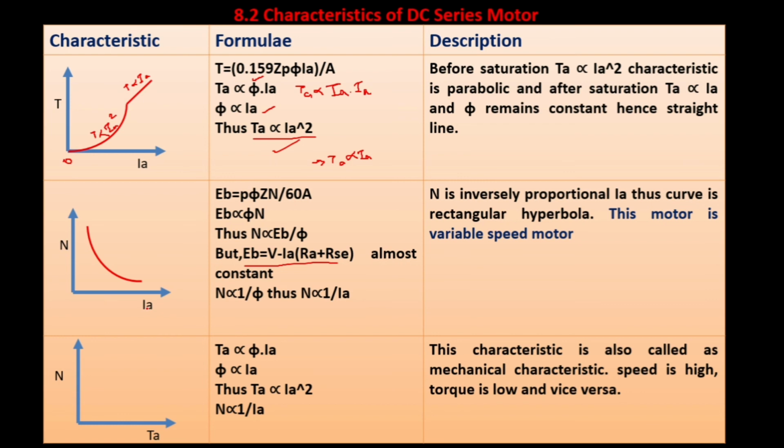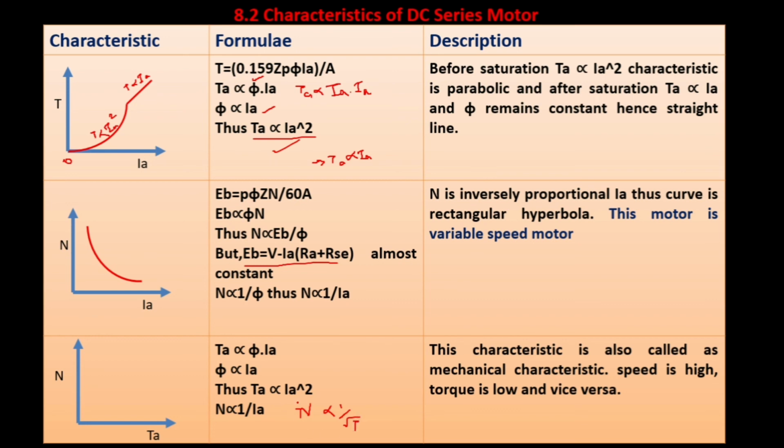And lastly, the mechanical characteristics of DC motor. Here you have torque directly proportional to phi into Ia, but phi is again directly proportional to Ia, so torque is directly proportional to Ia square. Okay, here you say the speed is directly proportional to 1 upon Ia. So torque and the speed will have a characteristics. So we can say N is directly proportional to, I want to replace this Ia, so 1 divided by under root of T.